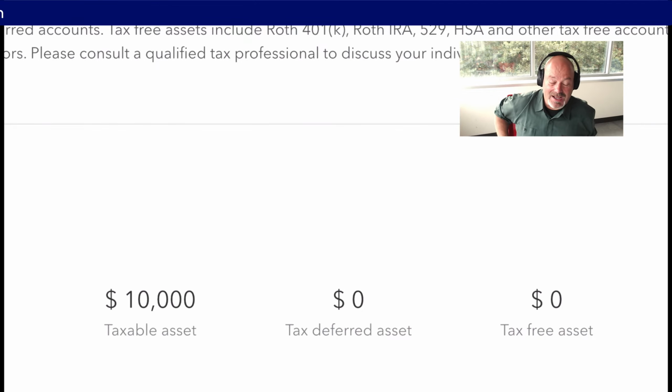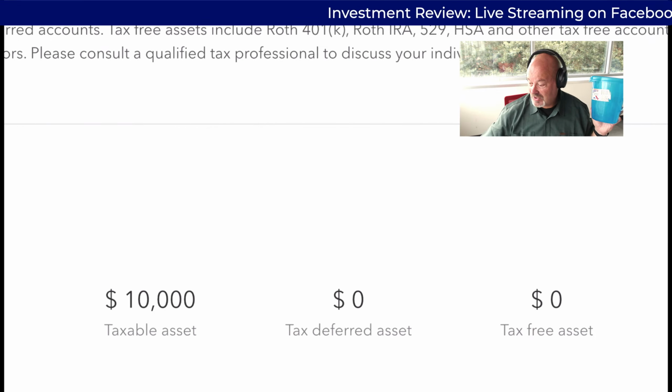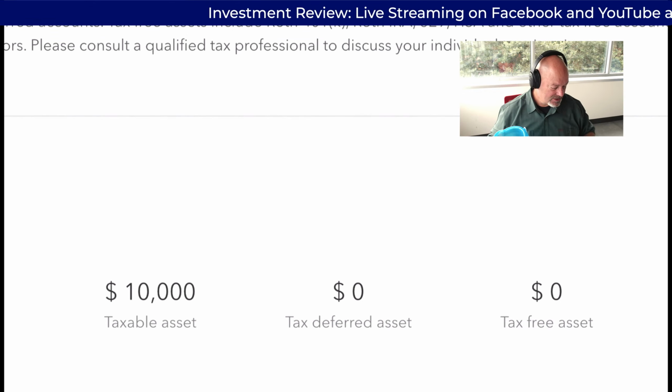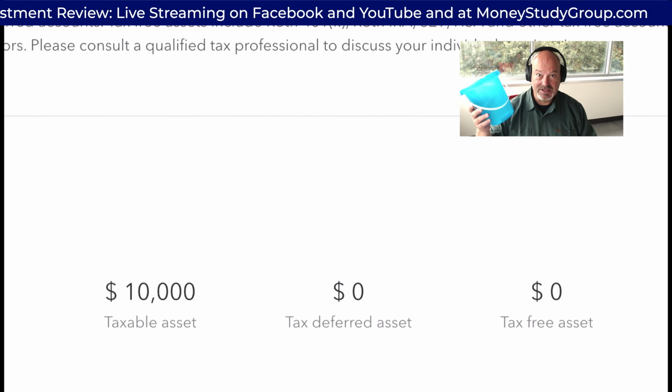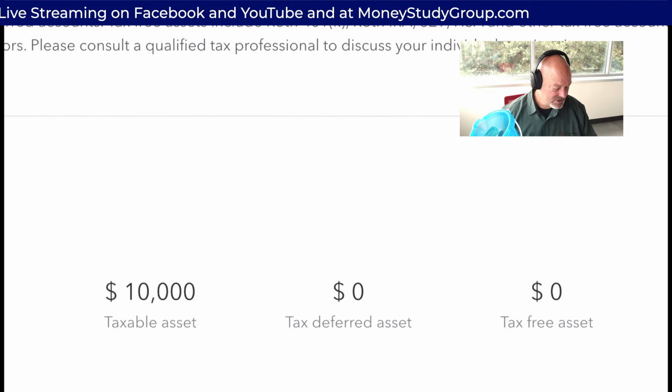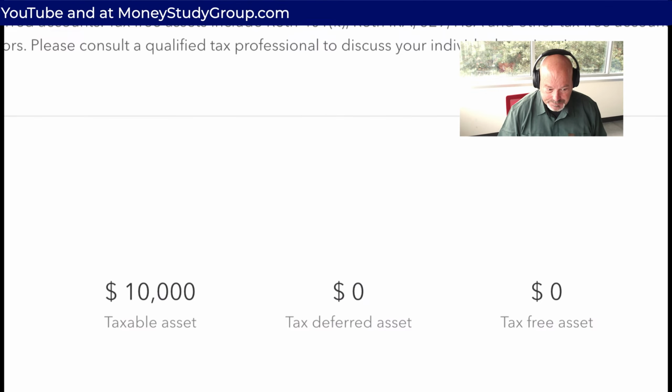Sorry, I got distracted. So we've got these 4 buckets. First one I want to talk about is just this big blue bucket. This is what we would call a taxable bucket. So the taxable bucket can contain anything. It's unlimited in size. So anything you want to put in this bucket, you can put in this bucket. It is